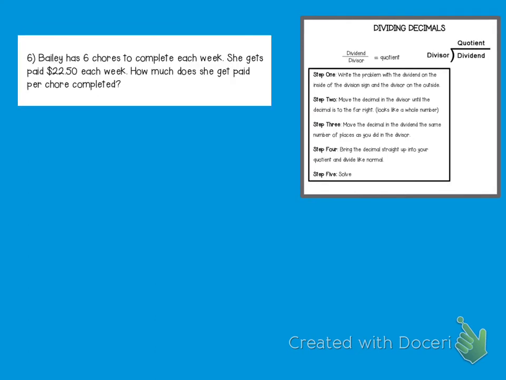Okay, last problem. Bailey has 6 chores to complete each week. She gets paid $22.50 each week. How much does she get paid per chore? So she has this money, and it is all the money, right? $22.50. And to get this money, she had to do 6 chores. I want to know how much is this chore, right? So we are going to be dividing $22.50